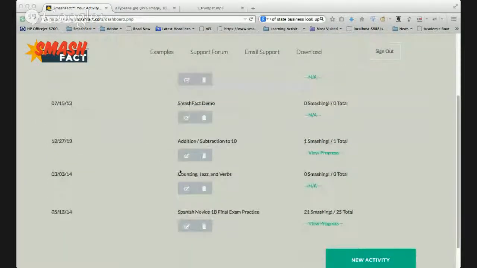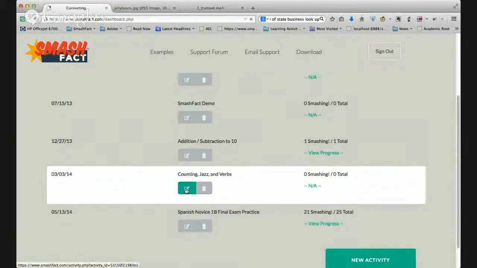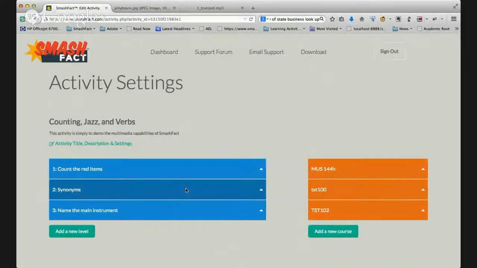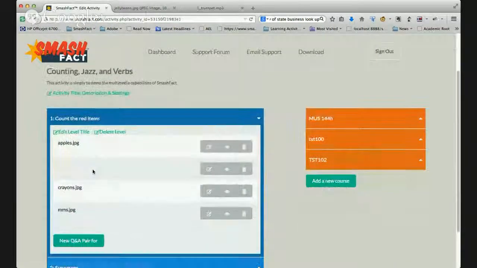I'm going to go down to the counting jazz and verbs. This is a demo activity that I've created that has text, images, and audio in it. I'm actually going to go into a level that I've called Count the Red Items to add my first image. There's actually several images in there, but what I'm going to do is go ahead and edit